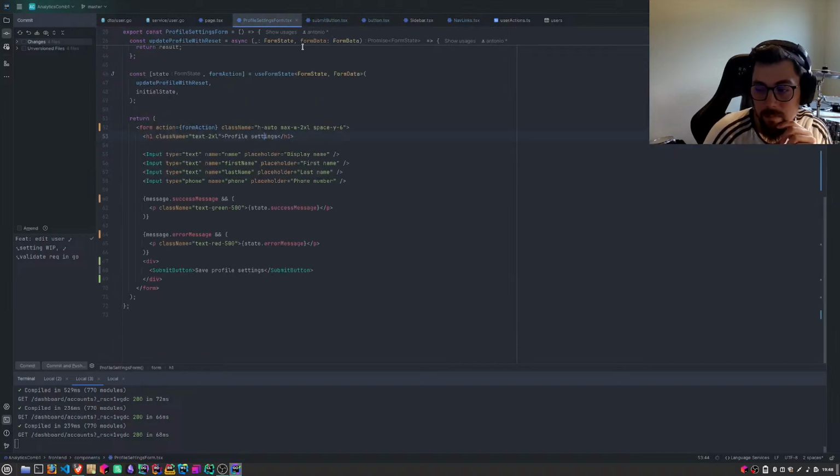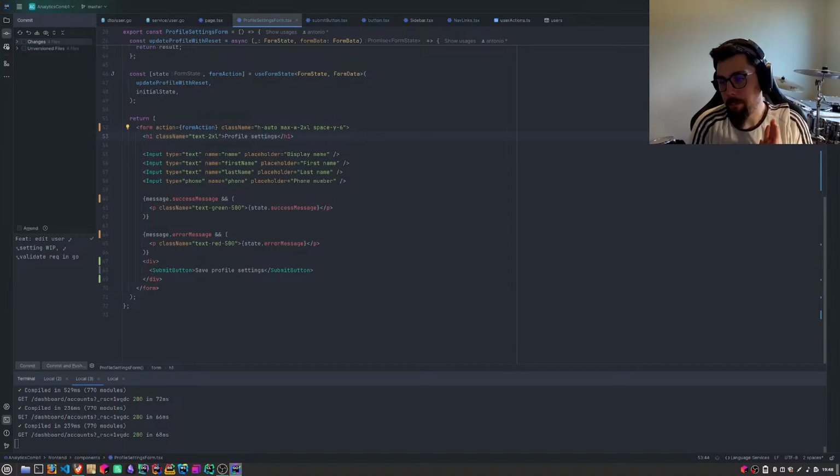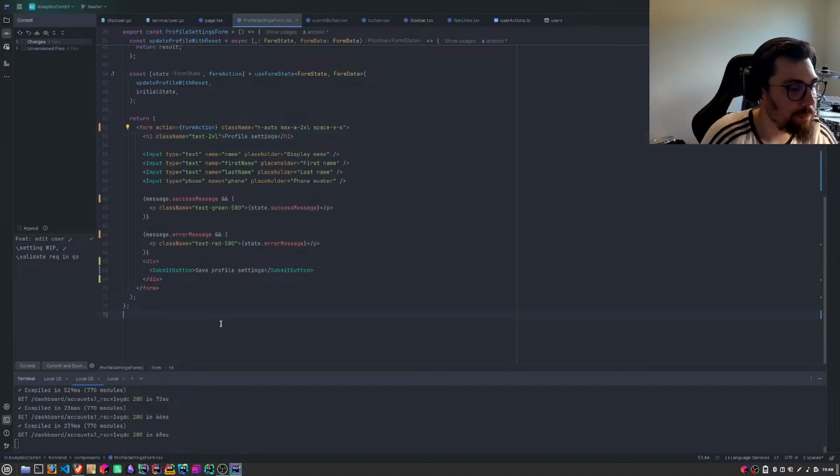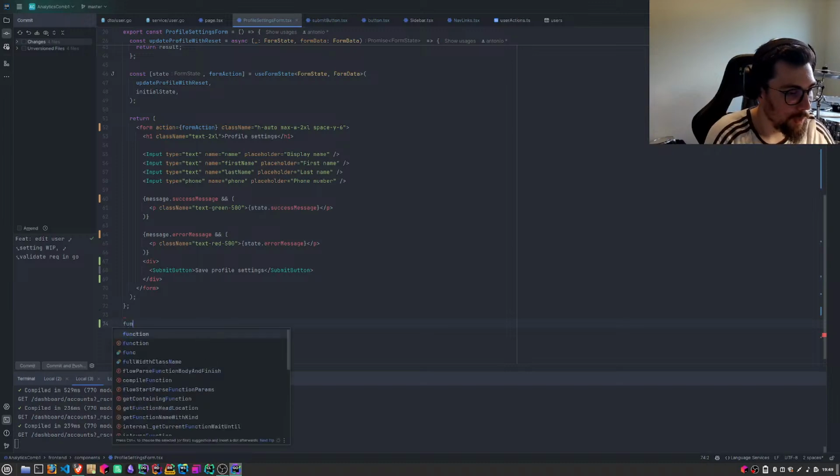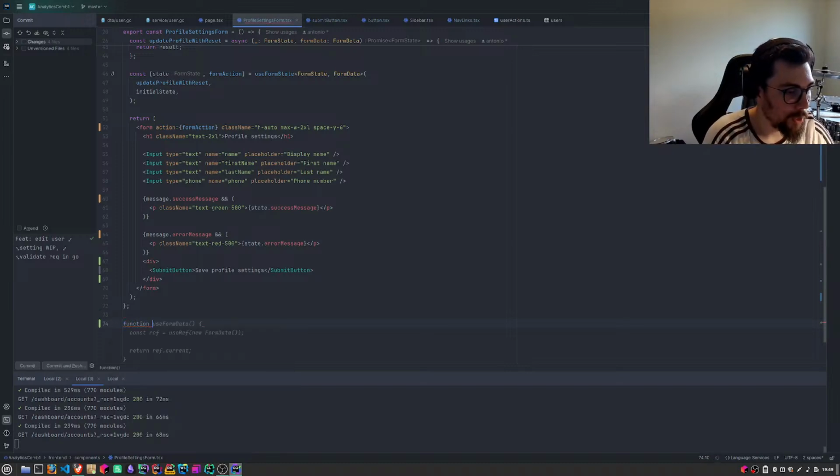All right, so yeah, JavaScript probably does it worse. But JavaScript has this, I think it's called JSDoc. So you can do, for example, function multiply.